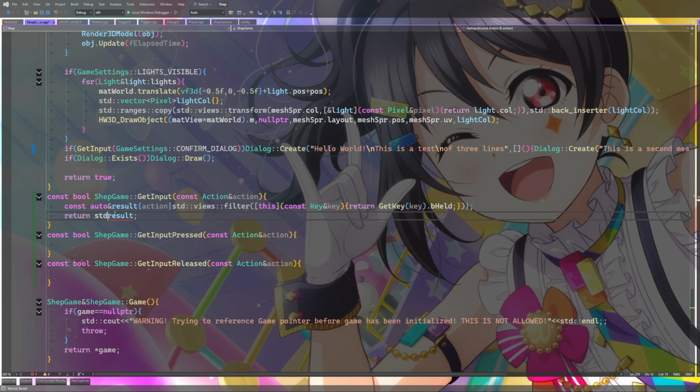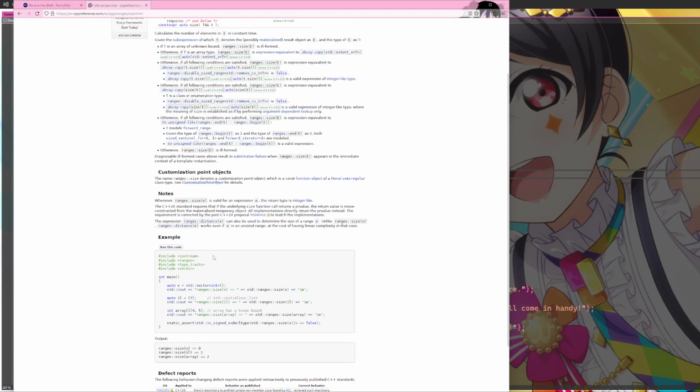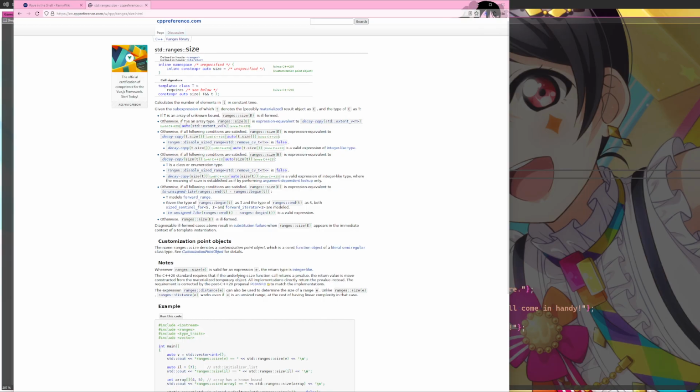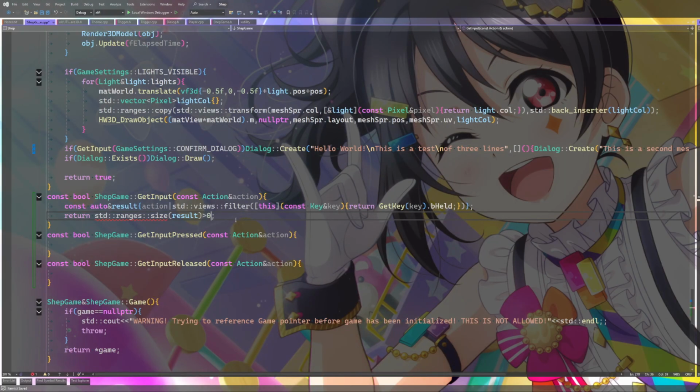Why would... So this is... It says it returns an integer. Is that not true? Right. Object type is const standard ranges size.